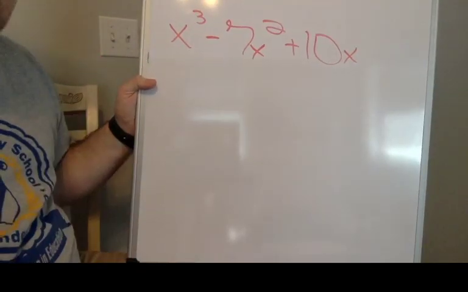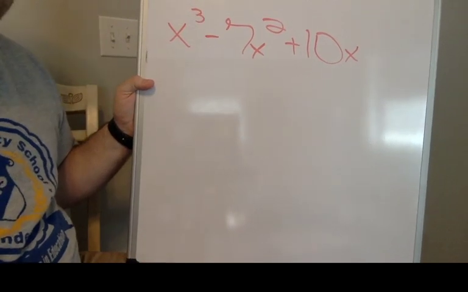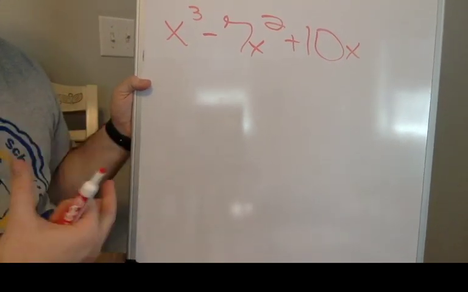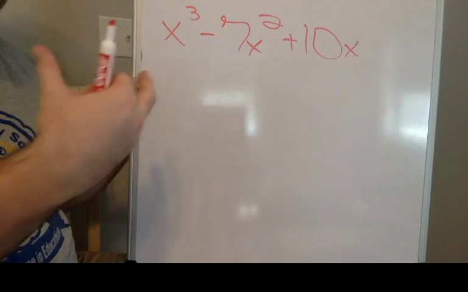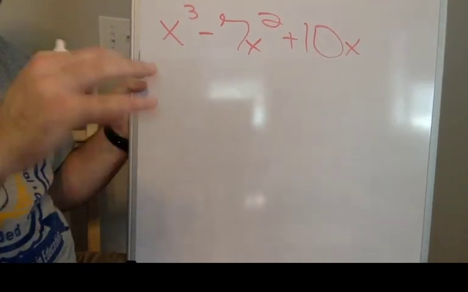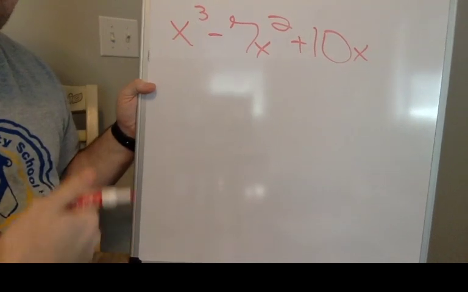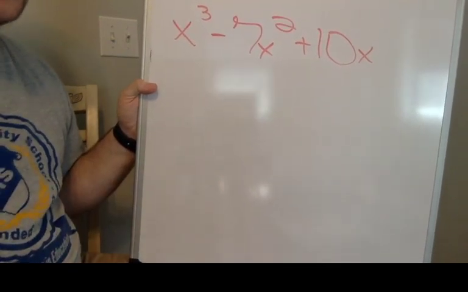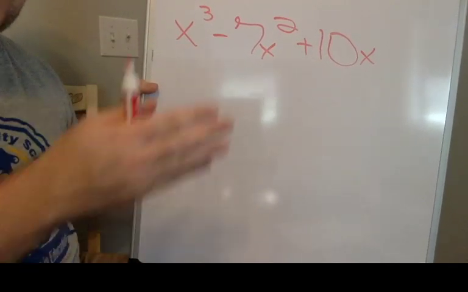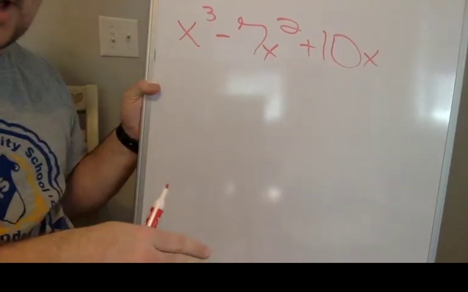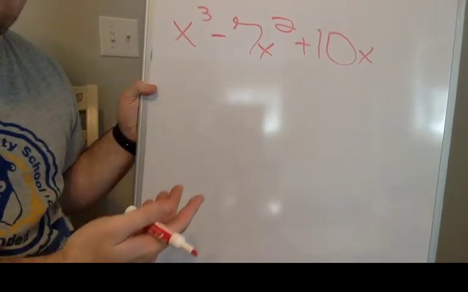We have to do two things with this. We have to factor it, and we have to solve it. So factoring just means we break it down into multiple parts that can multiply together to get back to this. So we're basically simplifying, right? If I factor the number 20, I can factor it into 10 times 2. Then I can break 10 into 5 times 2. And I do that prime factorization.